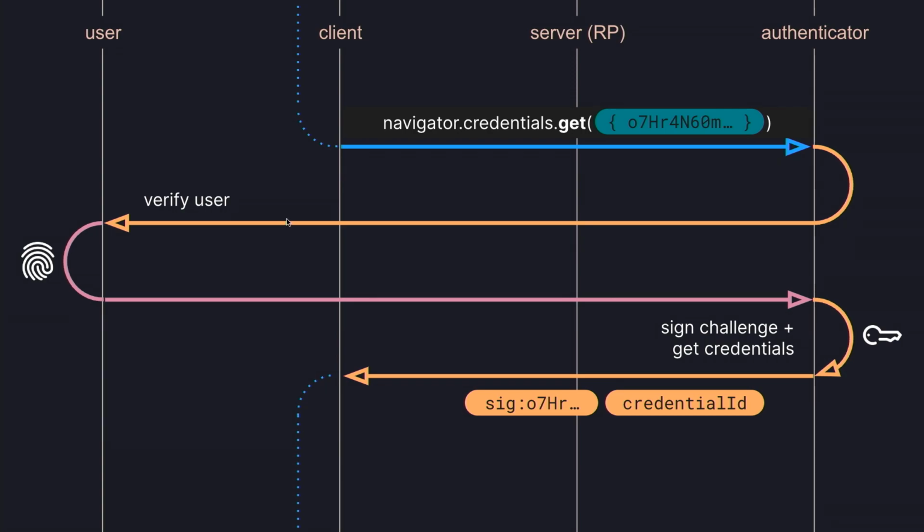And the authenticator is then going to use the key that is stored to verify the signed challenge and retrieve the credentials that it stored before. And if everything has checked out, the authenticator is just going to sign the challenge it received from the server. It's going to send back the credential ID that was used on the passkey that kicked off the entire process. And it's not going to return the public key again because we're expecting that by this point, the server will have stored this already.